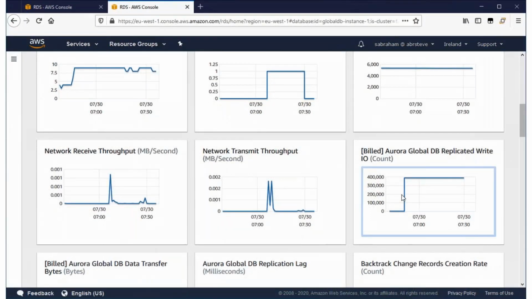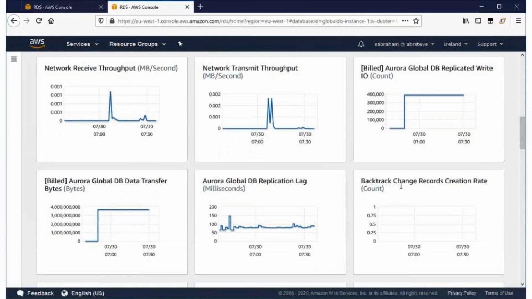But you can see here that the replicated write IO is at around 400,000 because we're still performing writes. The writes are just coming from the storage layer itself. It's not coming from the compute node. Same thing for the global database data transfer in bytes. You can see we have a very steady load as we would expect from our steady state workload that we're